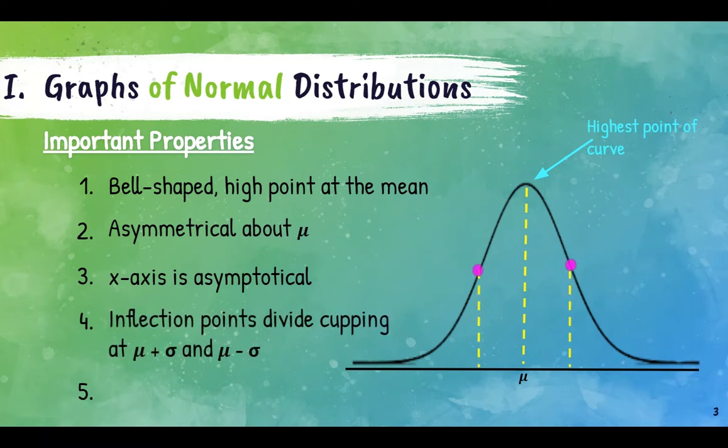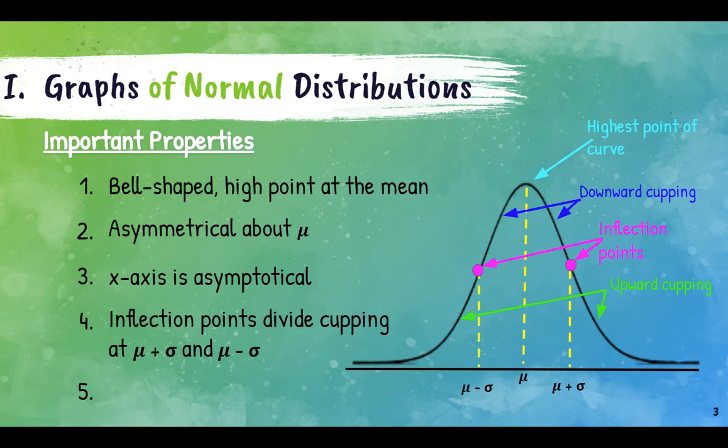The inflection points on a normal distribution divide the cupping at mu plus 1 standard deviation and mu minus 1 standard deviation, 1 step above and below the mean. The cupping points, or the inflection points, divide the curve into 2 on the sides. So if you look at